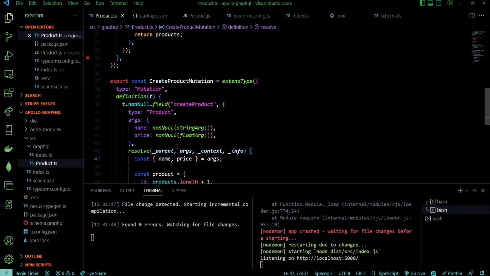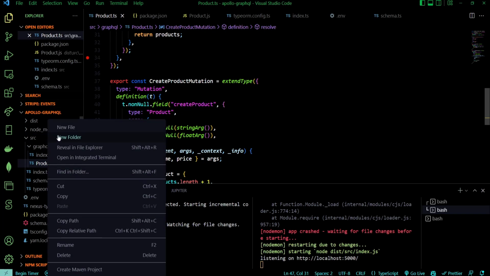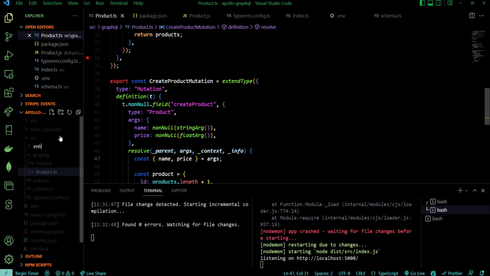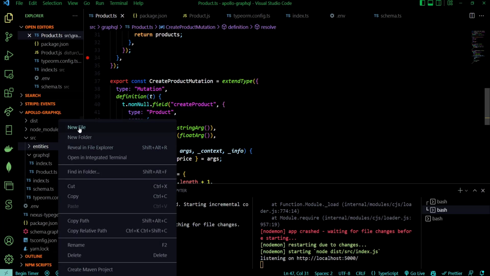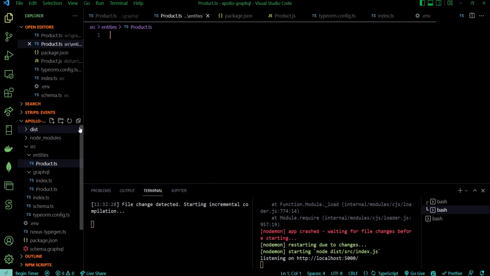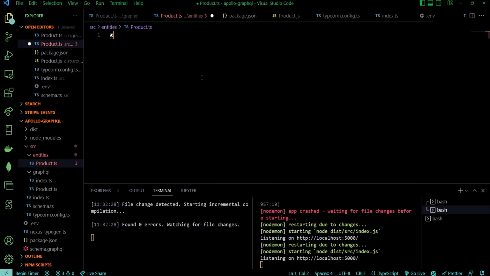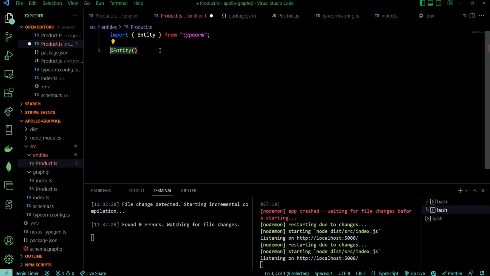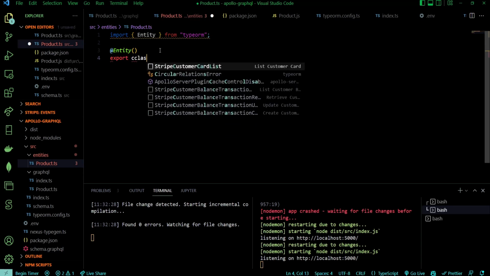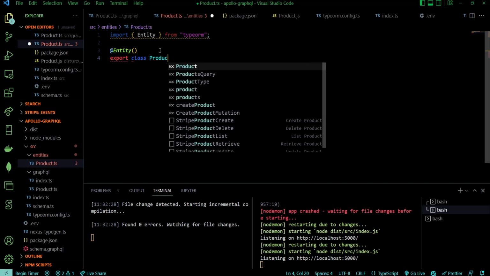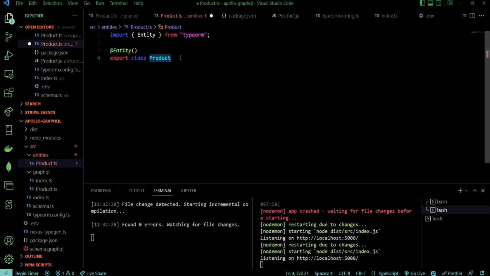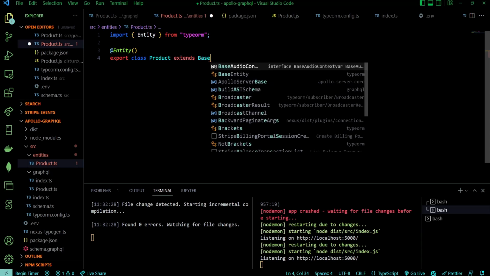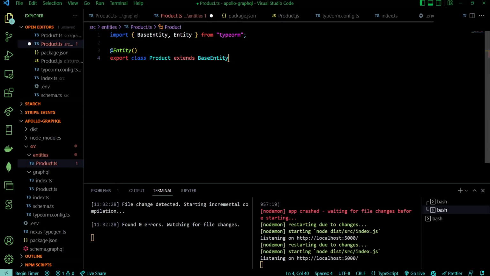So what I need is a database table, and I'm going to create a new folder for it, and it will be the entities folder, and I will have product.ts. So I will have a product entity. So let's call Entity, which means a table in our database, from TypeORM. This is a decorator, and that says we will have a table under that. So I'm just going to export class Product. The name of the class will be Product. And we can extend BaseEntity,